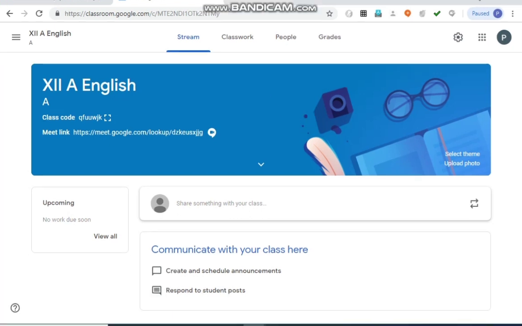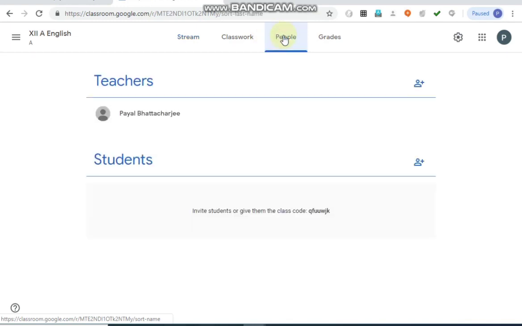Now we will see how to add people, that is how to add teachers and students in your class. So you can see there are tabs at the top. Click on the people tab. A similar kind of tab you will see in your mobile also, since there are many teachers who use mobile, and students are also there who use mobile.